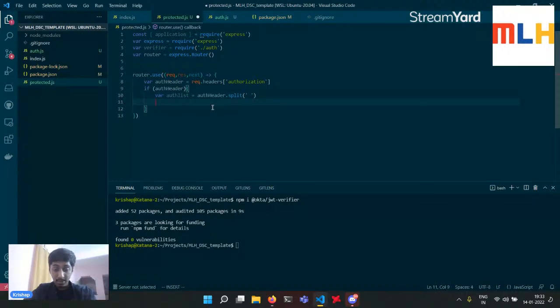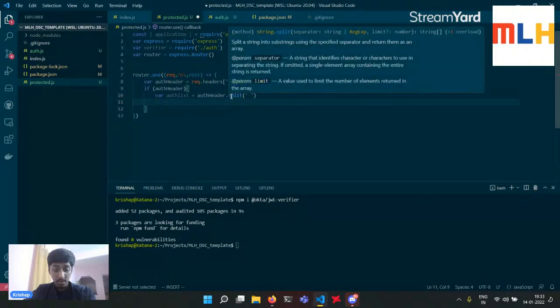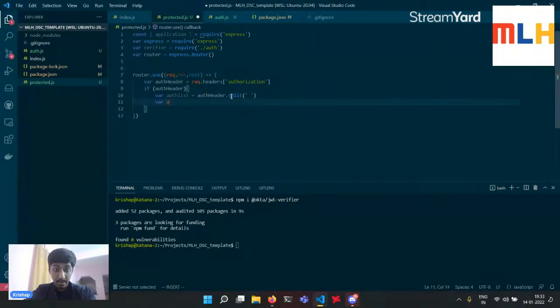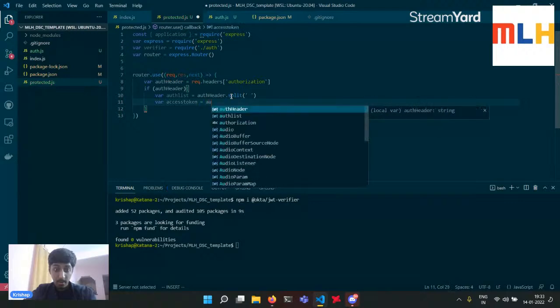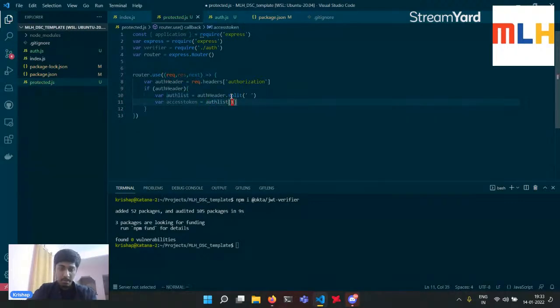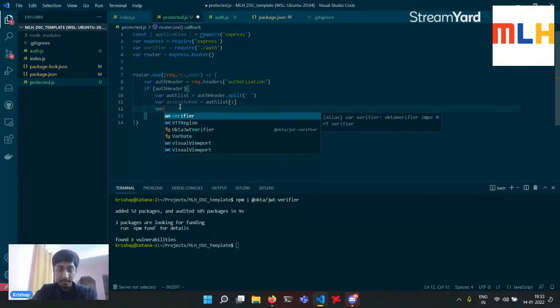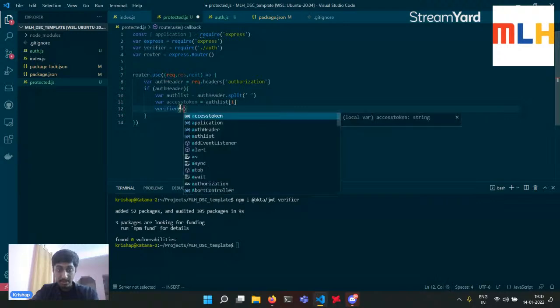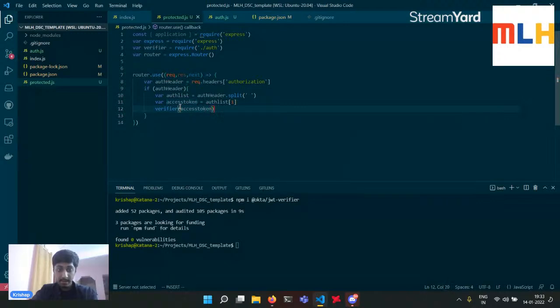And now the access token will be stored in location 1. So access token equals auth list 1. And we finally have our access token. Now, first thing, we have to verify this access token actually is correct and it's the user's. So we use a verifier, with the access token as a parameter. And then,